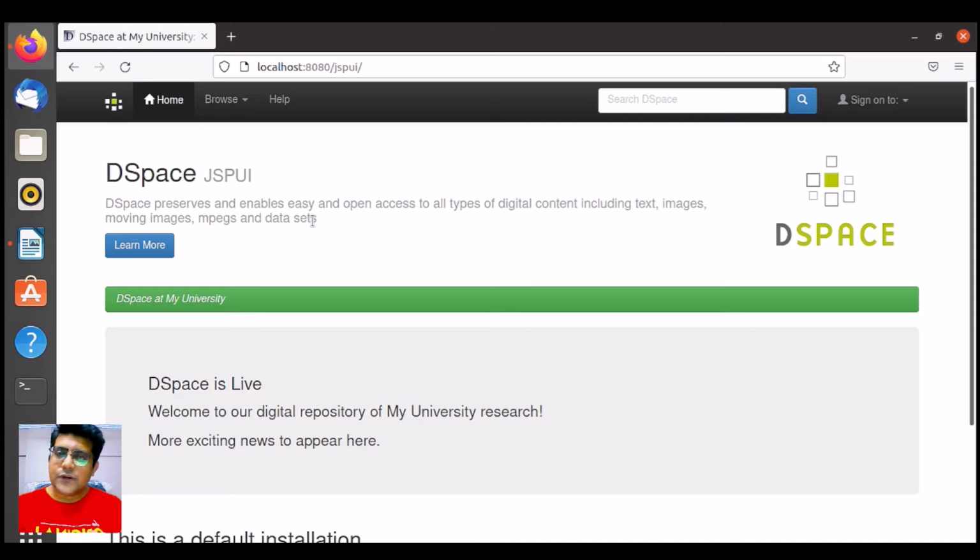The very first thing we need to do is change this title. This is called DSpace at my university, and it's also available in the green line. So where can we change this name? It's available in one file called the dspace.cfg file. So let me open my terminal